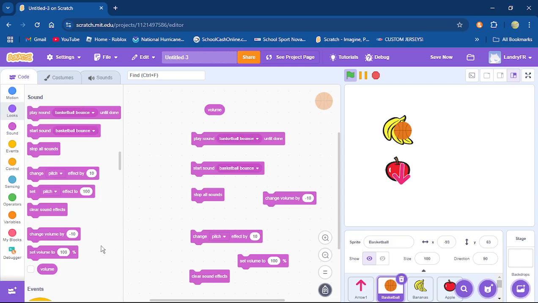I might not have done the best explanation with sound, and that's only because I don't usually use much sound until the end of my games, and when I do, it's very minimal. I'm not huge into the sound part of my game. So that's up to you. But if you're making a game about sound, well, you're going to need to learn this. And it's not too difficult. All the times that I've used it, I was able to do what I needed it to do pretty easily. So you're just going to play around with this.